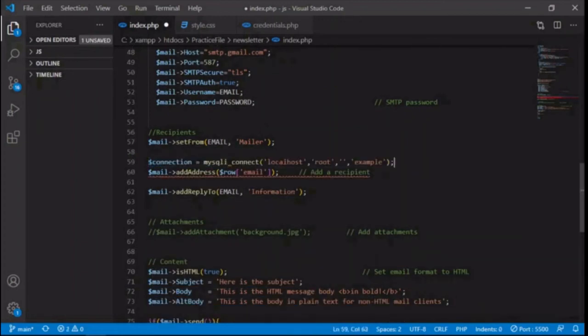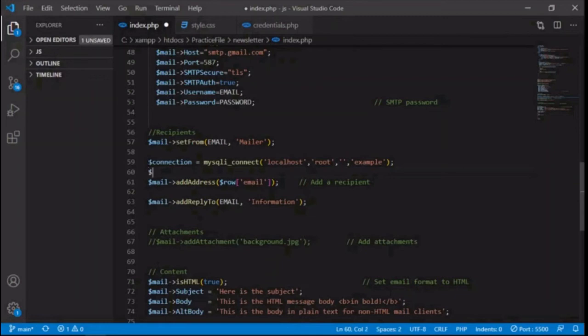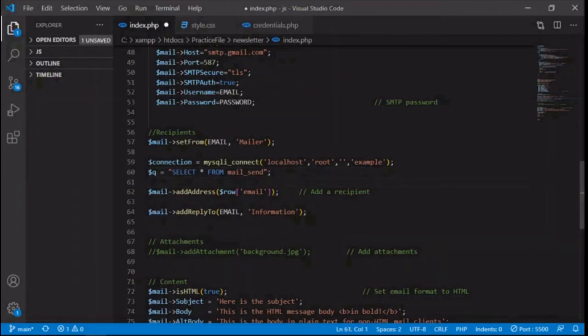First of all, build the connection with the database. Then write the query for selecting all email addresses from the mail underscore send table. Then run that query.